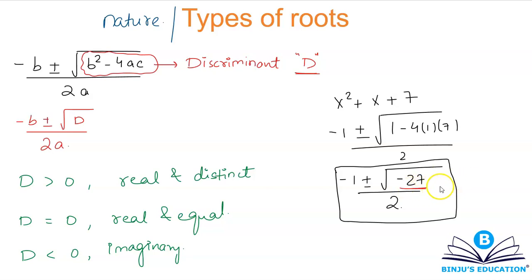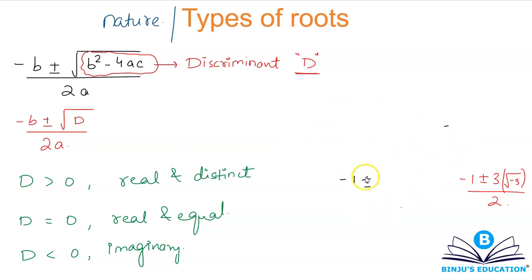The final answer, if you wish to calculate, will be minus 1 plus minus root of minus 3, divided by 2. Right? Anyways, I hope the concept is clear. We are not focusing on simplification of any calculation. So what do you mean by this?